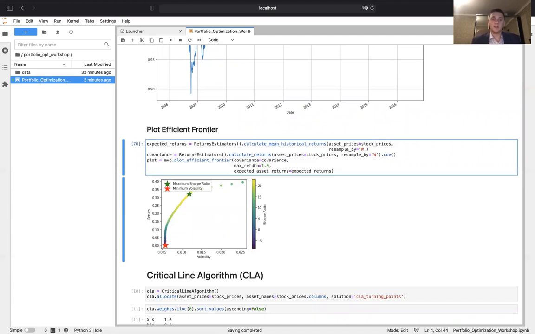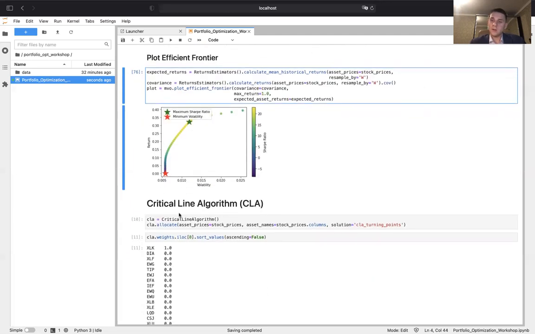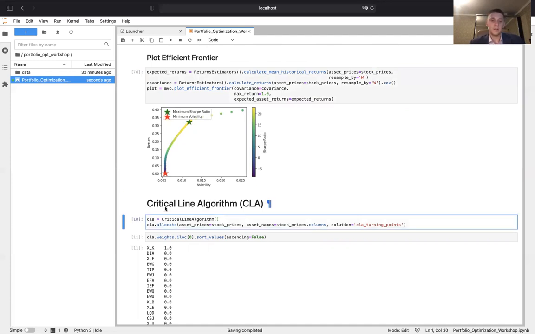So as you can see here, we have created the efficient frontier, and this plot shows the points where the minimum volatility and maximum Sharpe ratio portfolios are situated. So now let's go back into the critical line. Let's move further into the critical line algorithm. So critical line algorithm is